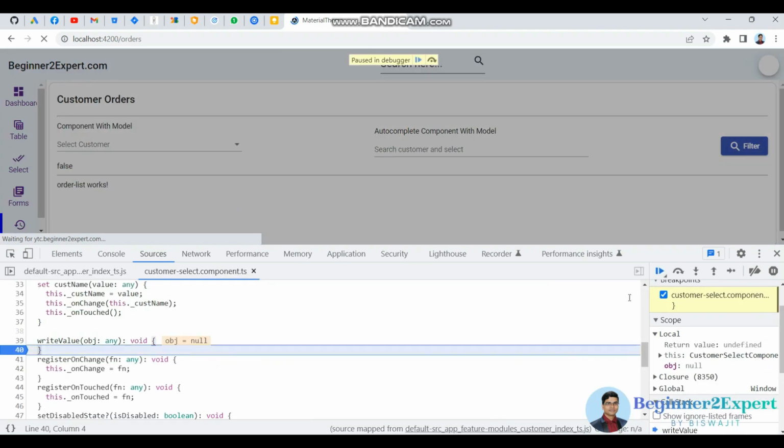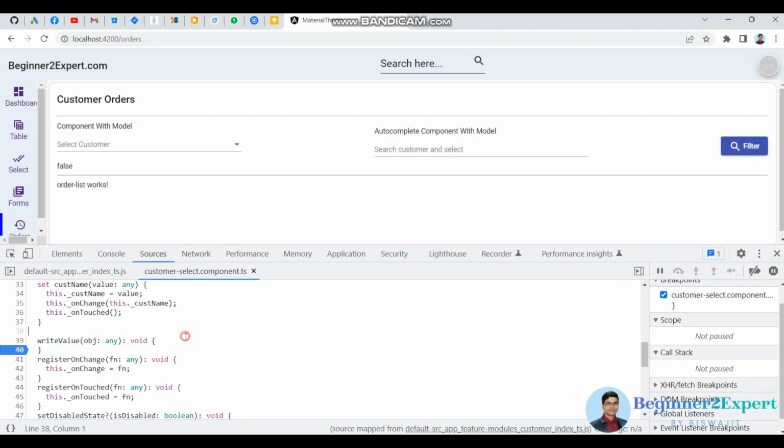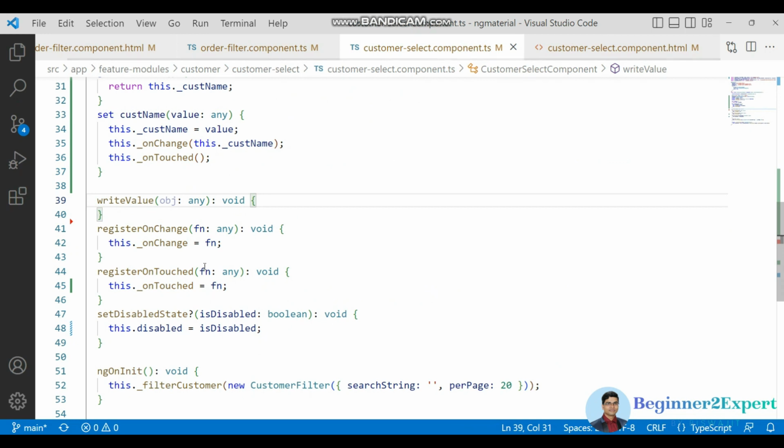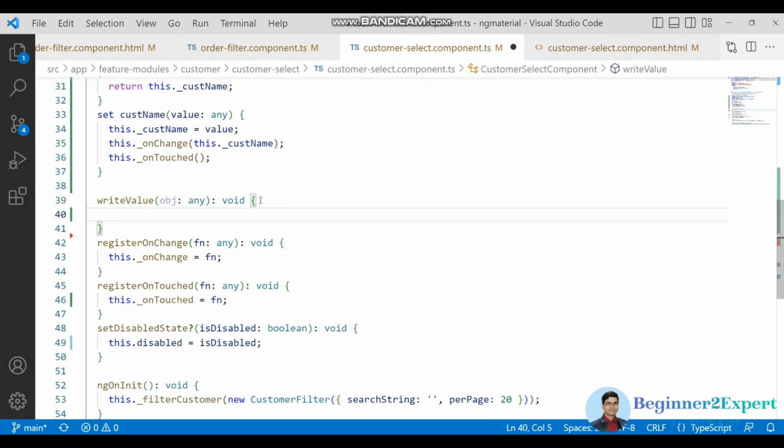See, the first time it is coming as null. Now the next time it is coming as sample 149, as you can see here, right? And the next time, for the next control, it is coming as 148. So what I need to do here is go to our custom component, and here basically I